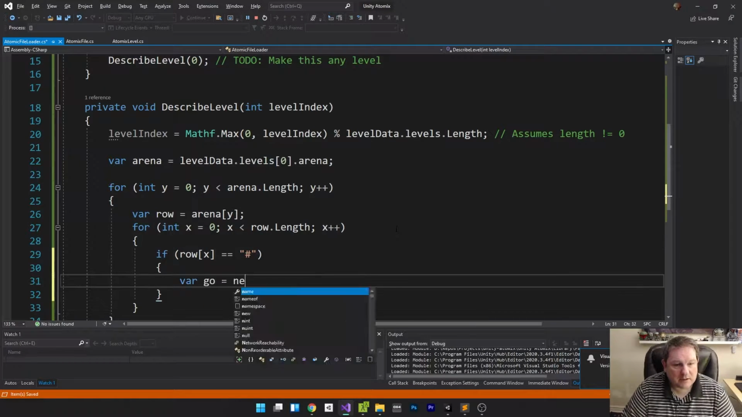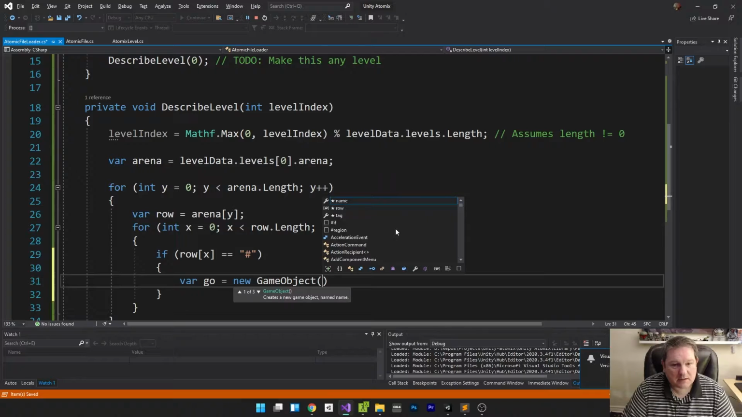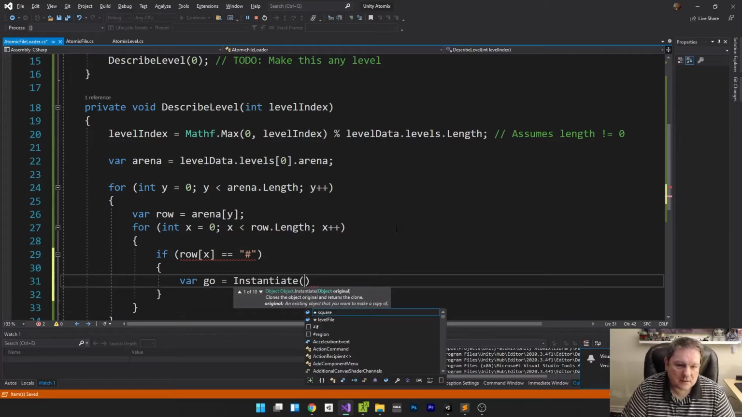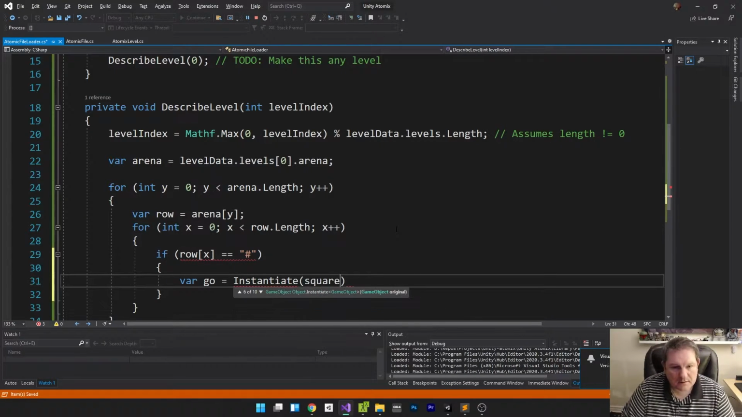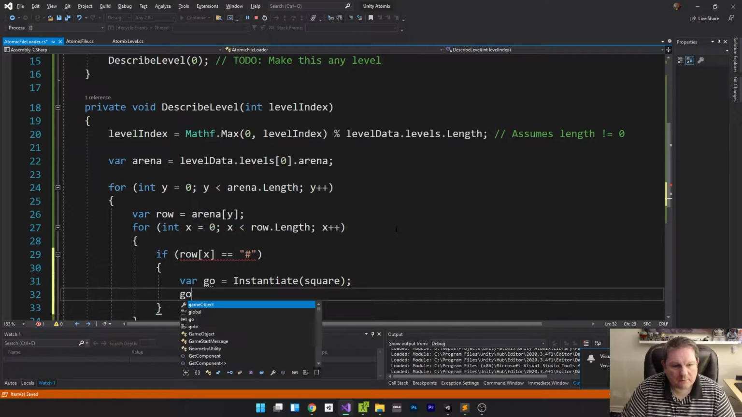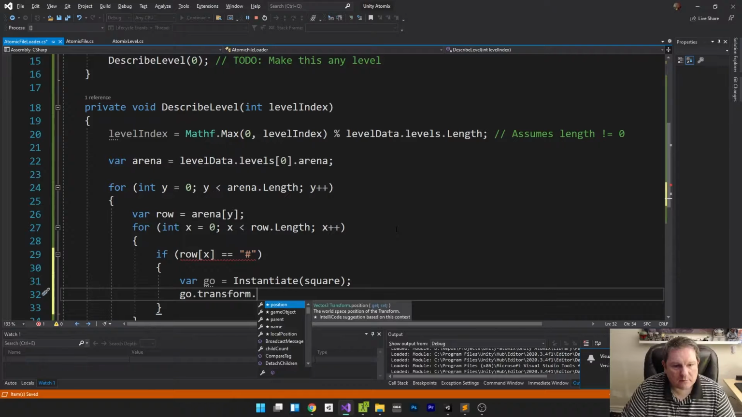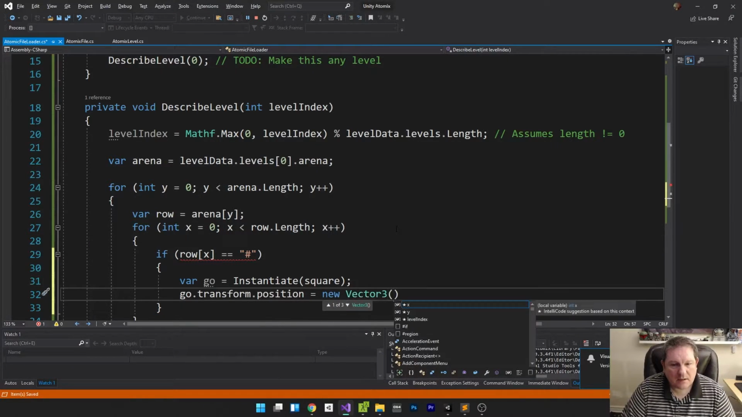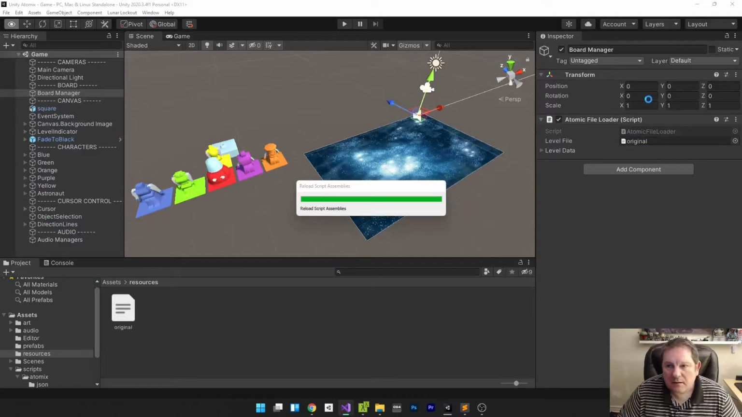var gameObject equals new GameObject, and we want to store these, and we'll do that in just a sec. New GameObject, oh actually it would be Instantiate square. go.transform.position equals new Vector3, and then it's going to be